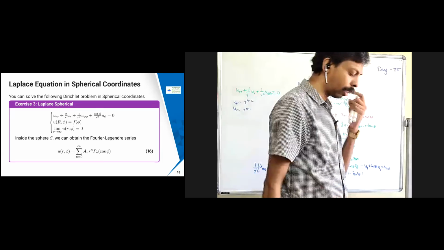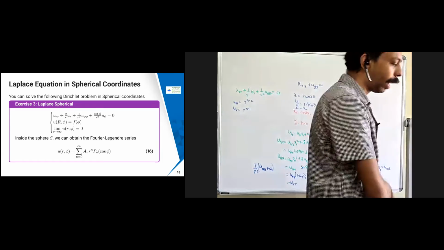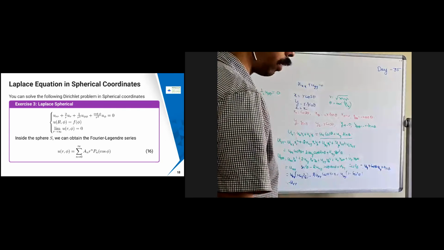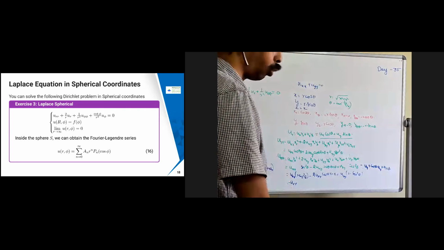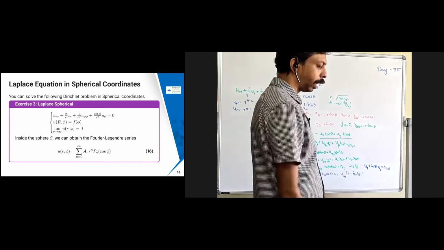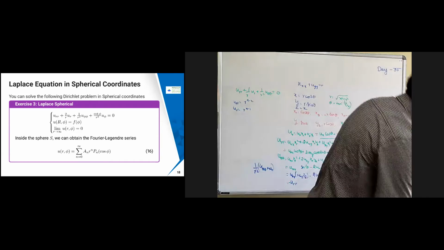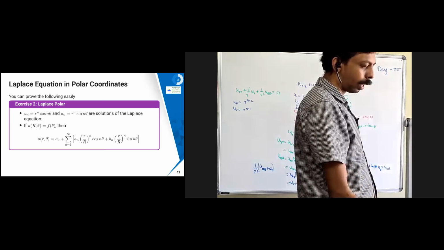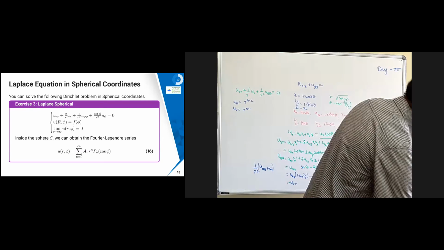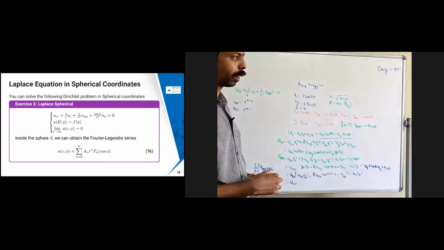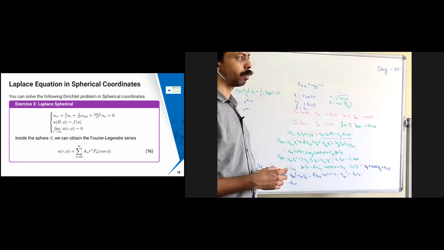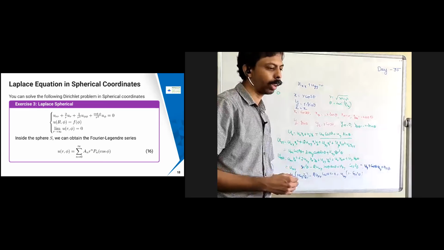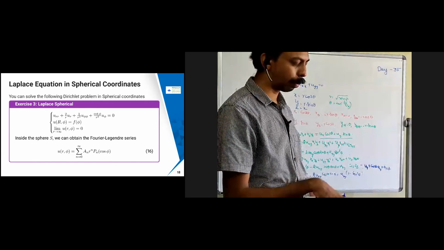Similarly, in spherical coordinates, you can solve the same thing. Here the idea is the same logic you have to use. Here I just ignore the u theta theta term completely in the spherical coordinates, because in the spherical coordinates problem there's a u theta theta term at the last. That term is not there in the given problem. So in this case, once again, you can assume that u is equal to some g of r into pi of phi, and then you can do the same kind of simplification.